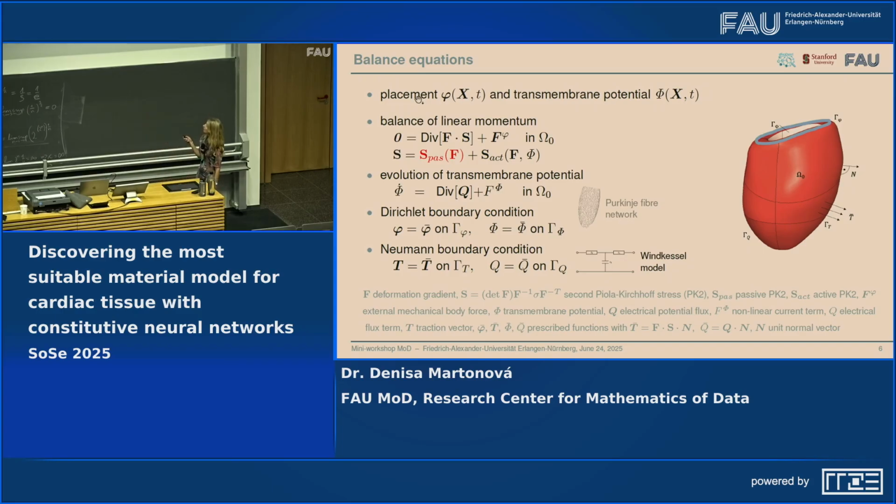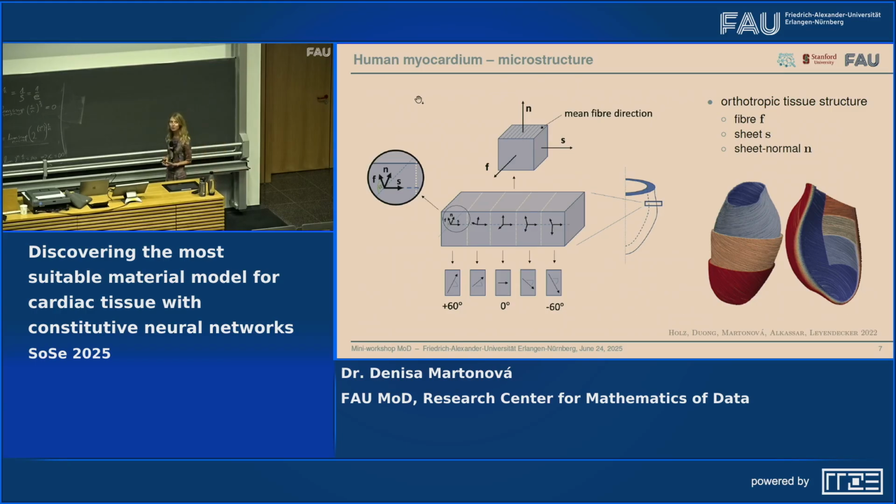Good, now having all these equations, we also have to keep in mind how the structure of the heart is. This is a very specific tissue, and it's maybe one of the most complicated. We can have a look because it's orthotropic tissue. This means that we have three directions. These are the fiber directions. These are myofibers, so the muscles. Then we have sheet. This is the organization you see here, that the fibers are arranged in some sheet layers. And then, of course, we need a third direction, which is orthogonal to both of these directions, and this is